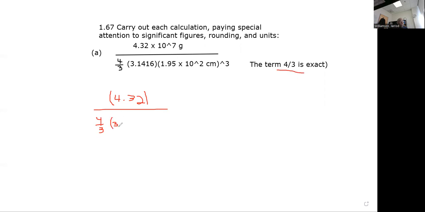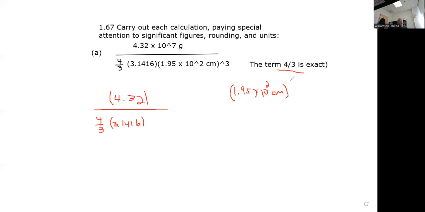This is 3.1416. Now this 1.95 times 10 squared centimeters